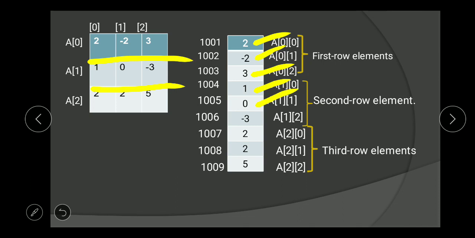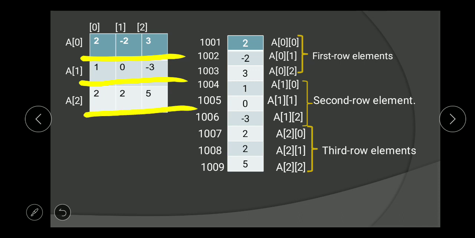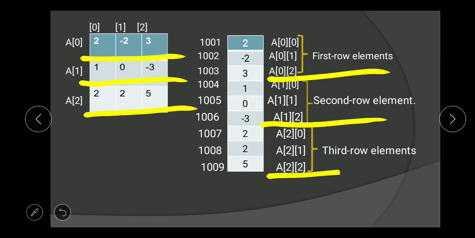Third row is 2 2 5. First row, second row and third row. This is how we store our elements row-wise, and we call it the row major method: first row elements, second row elements and third row elements.